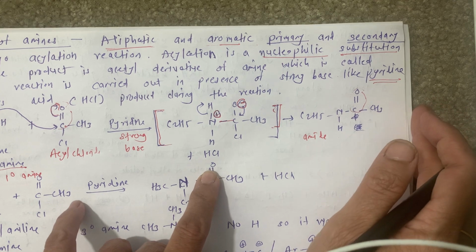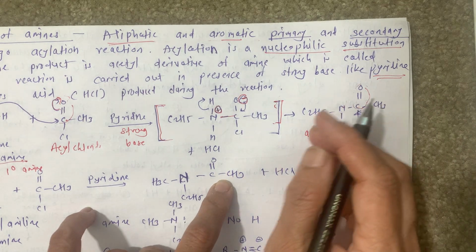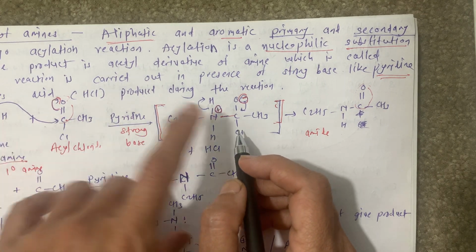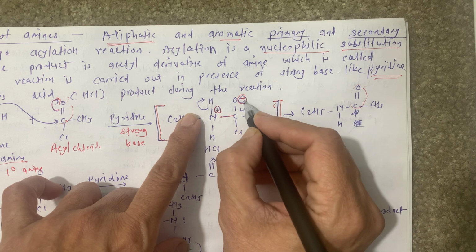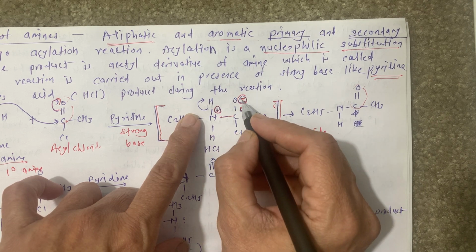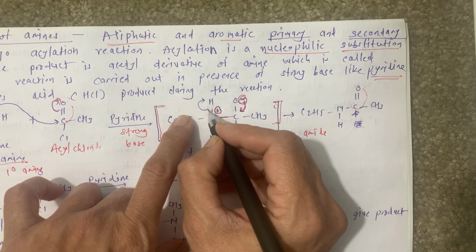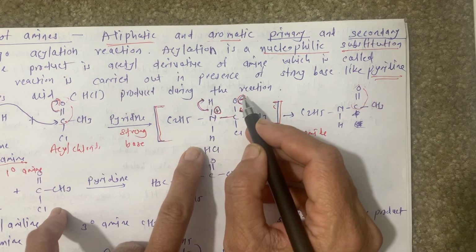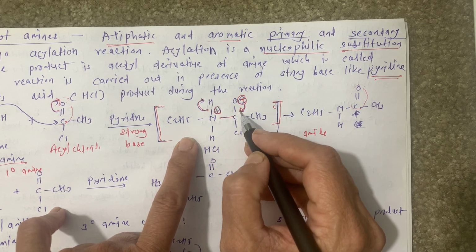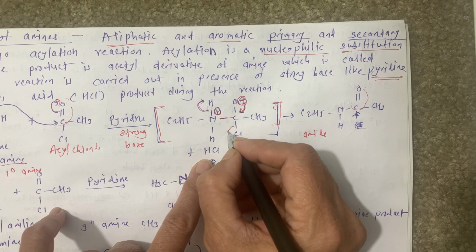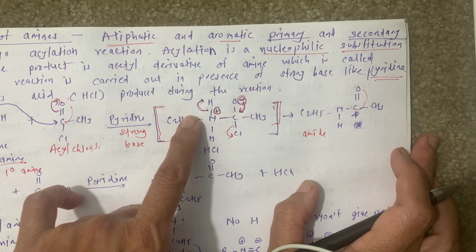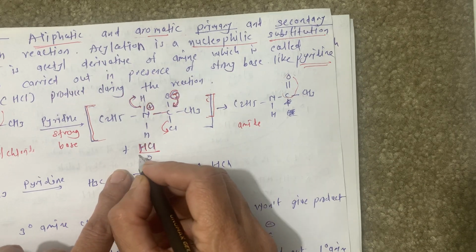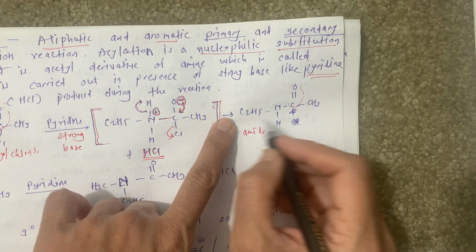See here, this is a substitution reaction, meaning definitely one of the H must be removed. To retain the double bond between C and O, this negative charge shifts like this, while this bond breaks and the H comes out from there. When this bond is removed, this chlorine is also removed. So here there is formation of HCl, and the final product is